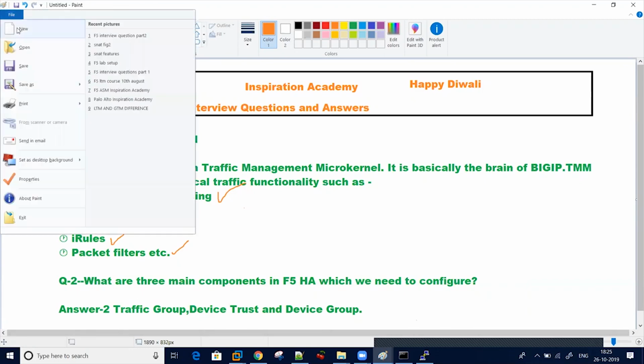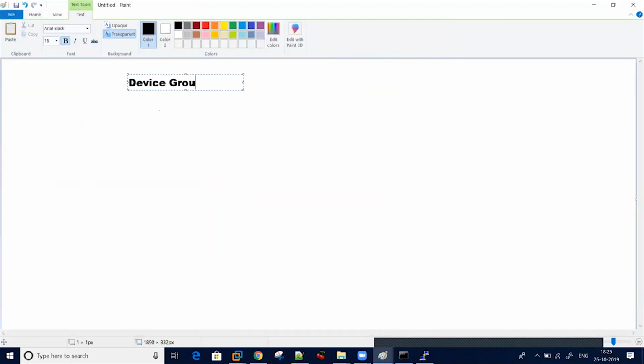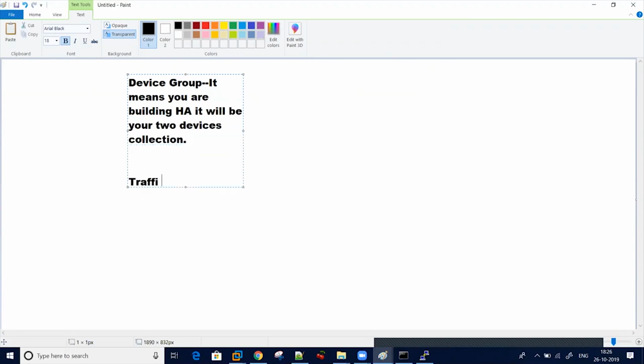So basically, your device group is a collection of your devices. It means suppose you are building HA, it will be a collection of your two devices. Another thing is traffic group.